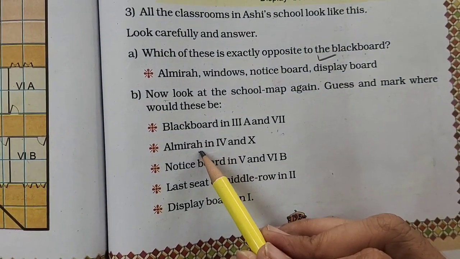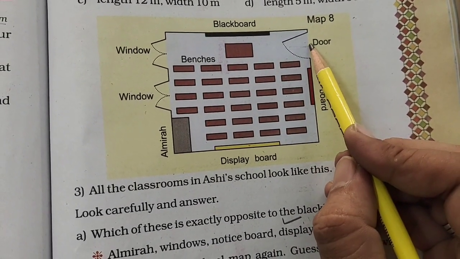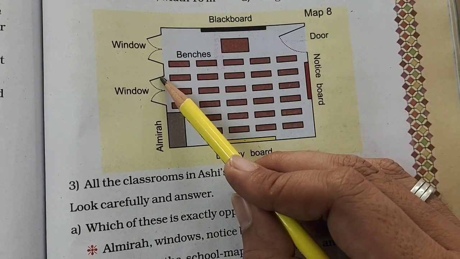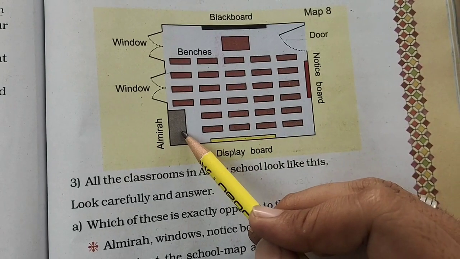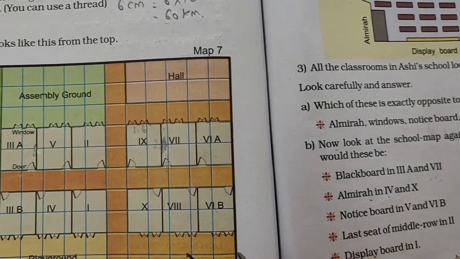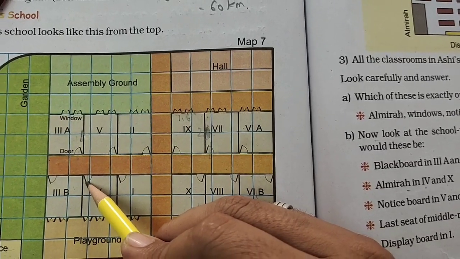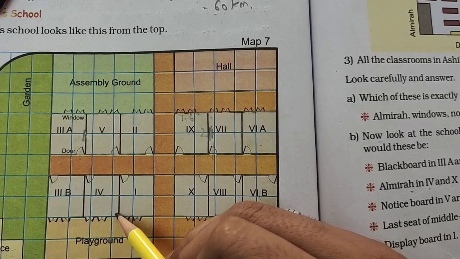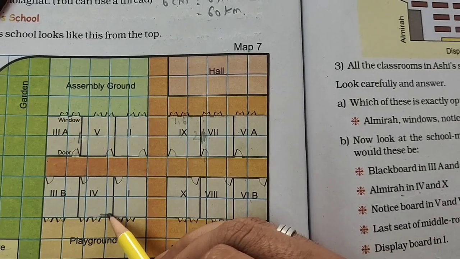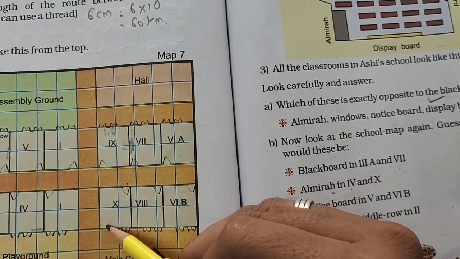Next, almirah in 4th and 10th class. So students, see, the almirah, the cupboard, is on the opposite wall when we are standing at the door. On the opposite wall towards the left corner, the almirah is there. So now in 4th and 10th, the 4th class is here and 10th. From here we will enter the door. The opposite wall is this, and towards the left corner, here is the almirah, the cupboard. In the same way in standard 10th, here we will enter the door, the opposite wall, and here will be the